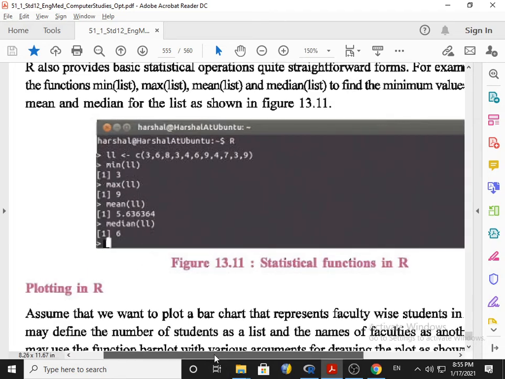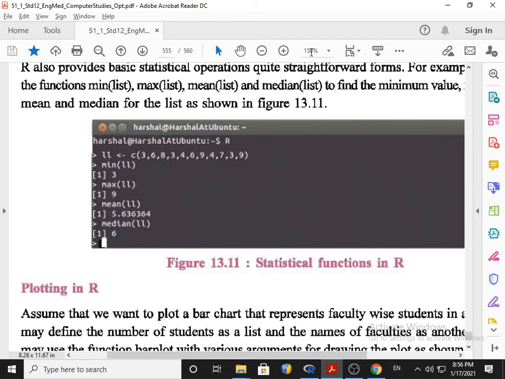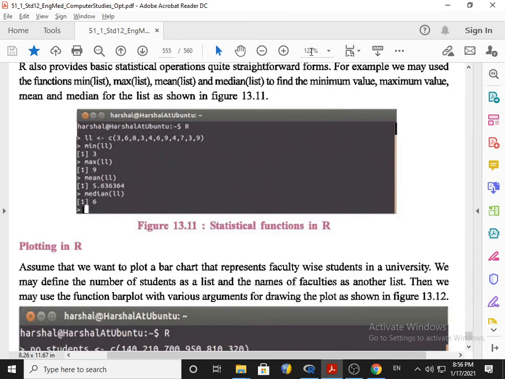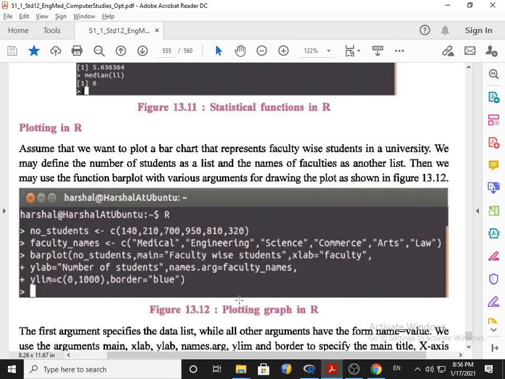The next topic is plotting in R, which is excluded from the syllabus. It is not a part of the syllabus. As I told you, the topics which are excluded, we will keep as last priority, because first we have to cover those which are part of the syllabus.